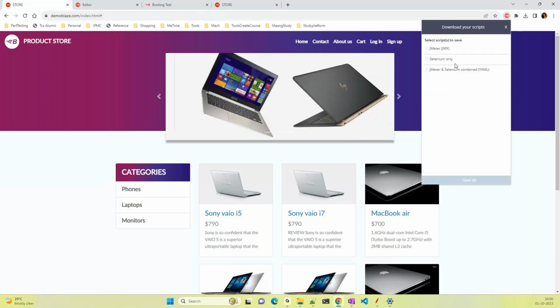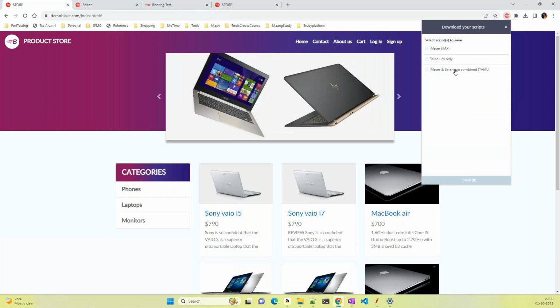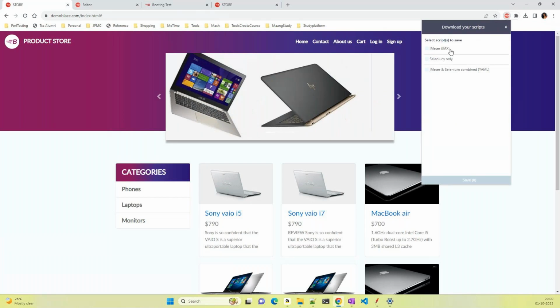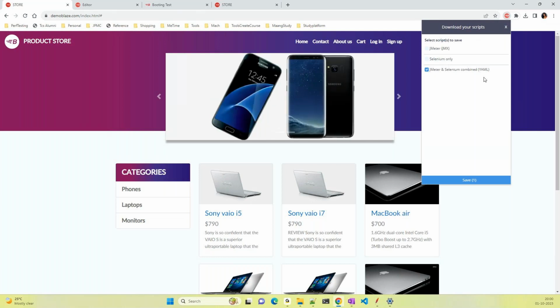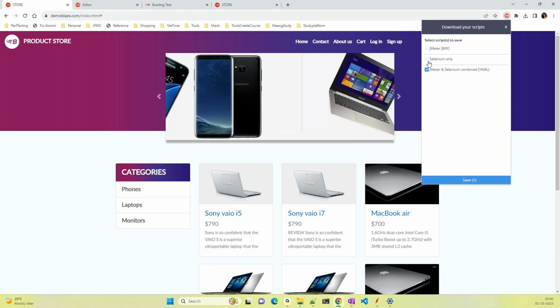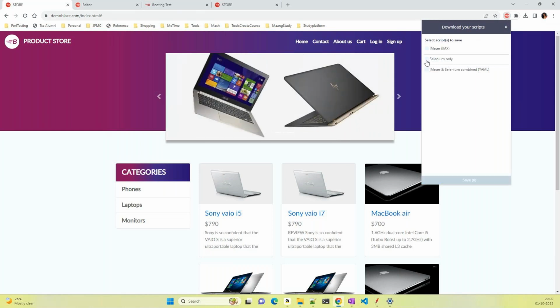So here you see three options. One is Jmeter, the other is Selenium. Jmeter is for performance, Selenium is for functionality, and both. So here, if you click on both, the Jmeter will be JMX and Selenium will only be in YAML type. So it will be downloading only the YAML Selenium file. But if you want to choose some different Selenium,